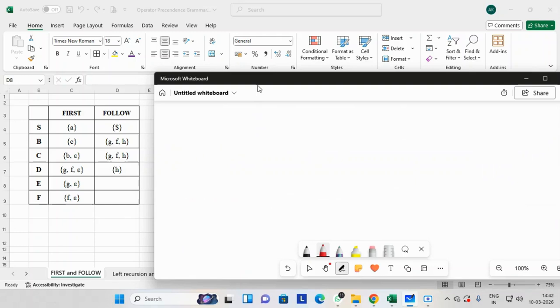So for E, if you observe, my grammar is D giving E and F. So again, we apply the same rule. Where is E over here? E is followed by a capital letter. When a capital letter is followed by a capital letter, I replace this capital letter by its first.